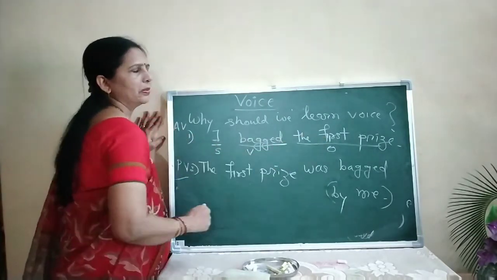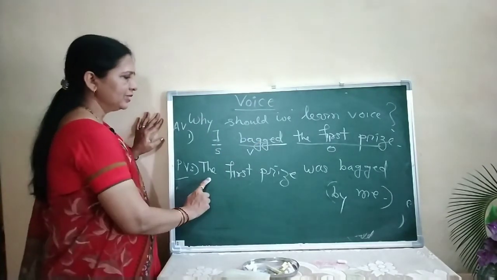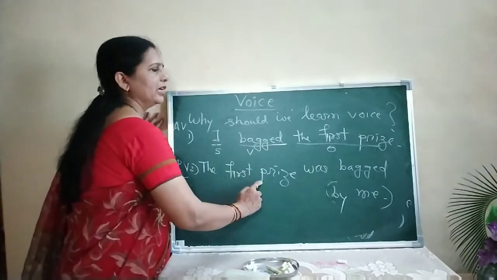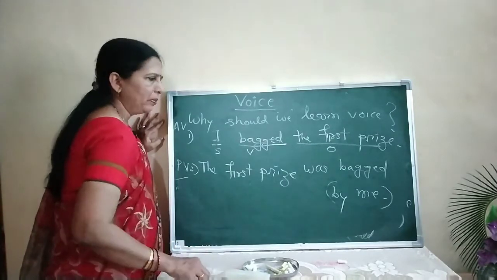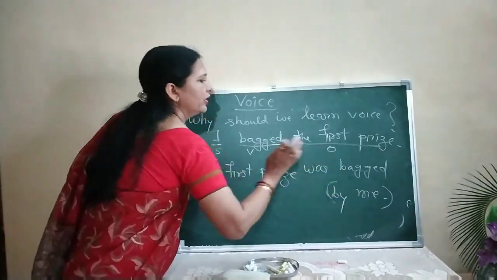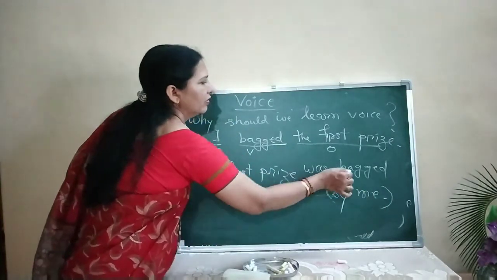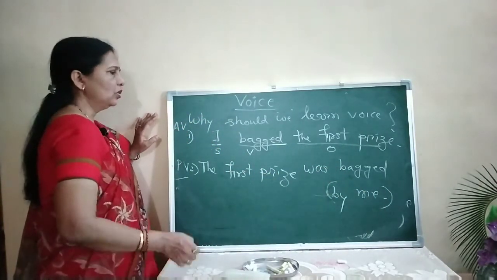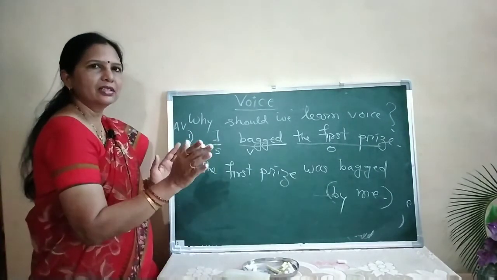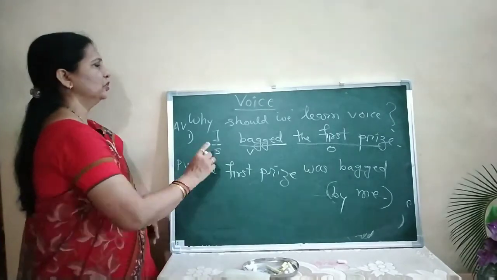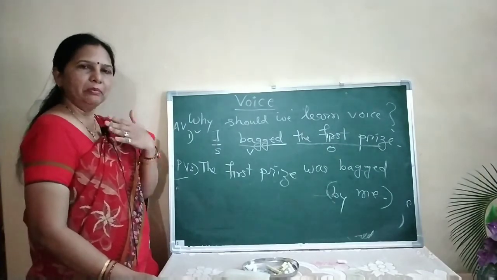I bagged the first prize. याचा अर्थ काय? फर्स्ट प्राइज, पहिलं बक्षीस माझ्याकडून मिळवल्या गेलं. Now in passive voice this is not so important. It can be cancelled. हे कॅन्सल केलं तरी वाक्य मिनिंगफुल आहे. So you will use this sentence or this sentence. It's crystal clear that you will use this sentence. मी महत्वाचं आहे. मी पहिलं बक्षीस